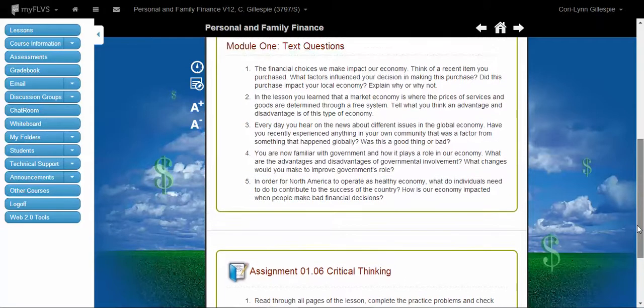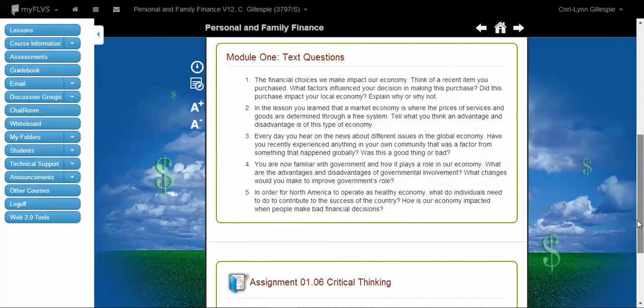You're only to answer 2 out of the 5 questions, and then answer them in a minimum of 3 to 5 sentences. Even though this is not an English class, you're expected to capitalize your I's. Your sentences should be complete, informative, start with capital letters, and end in punctuation. I also expect you to always proofread before submitting your assignments. Once you're ready to complete the assessment, you can highlight the questions